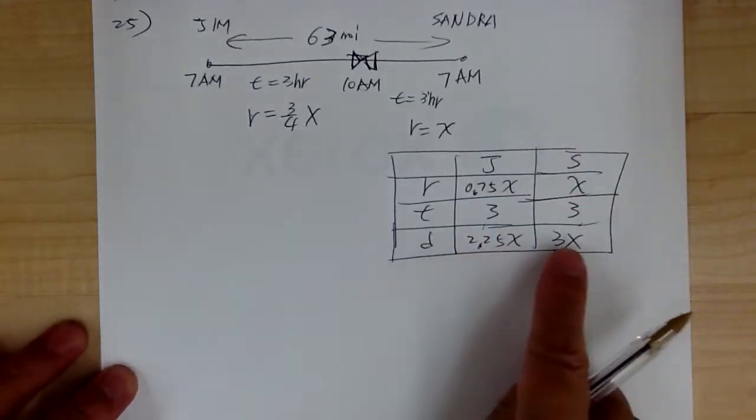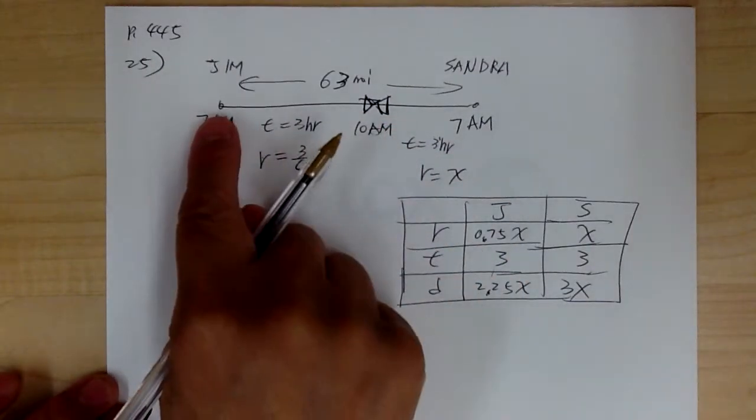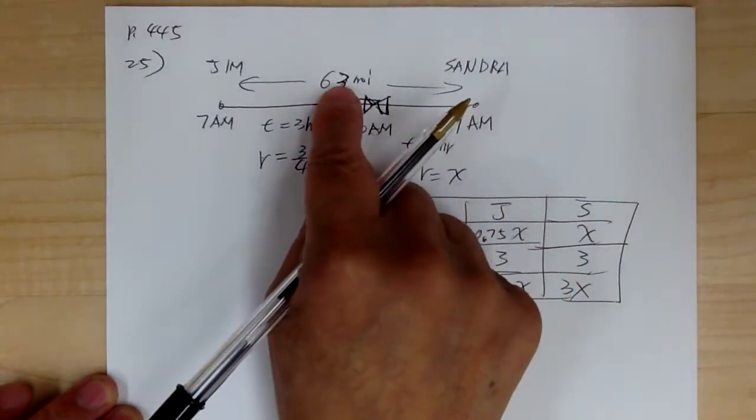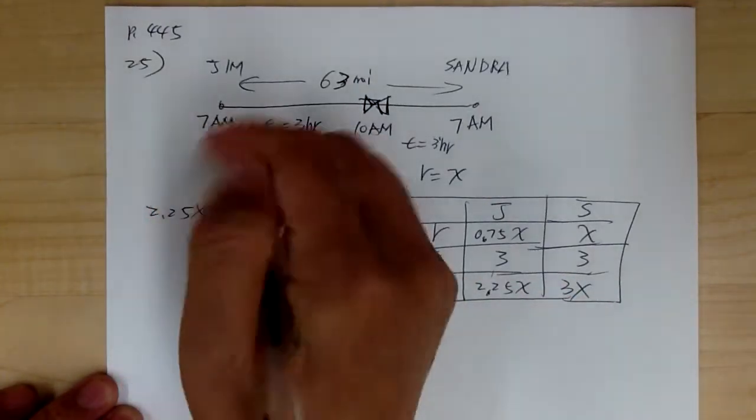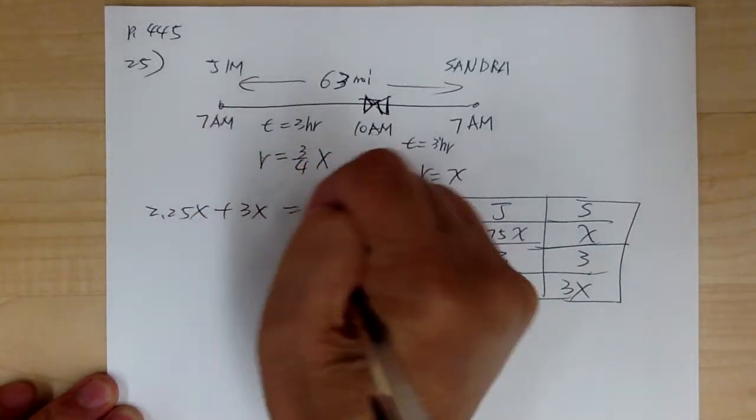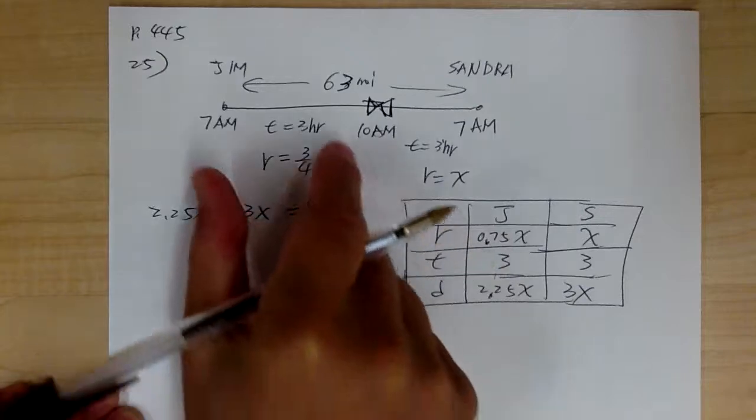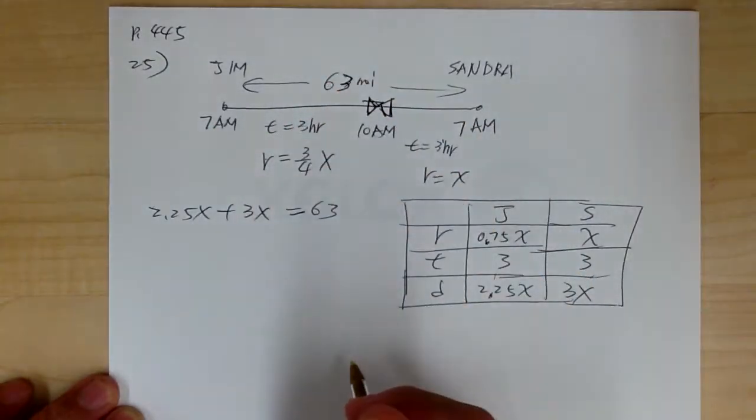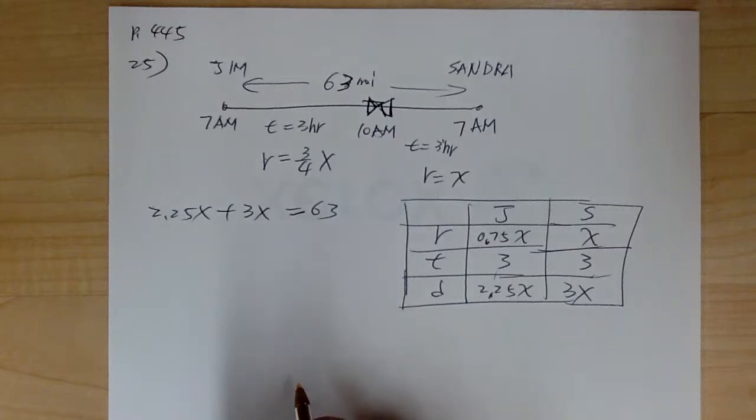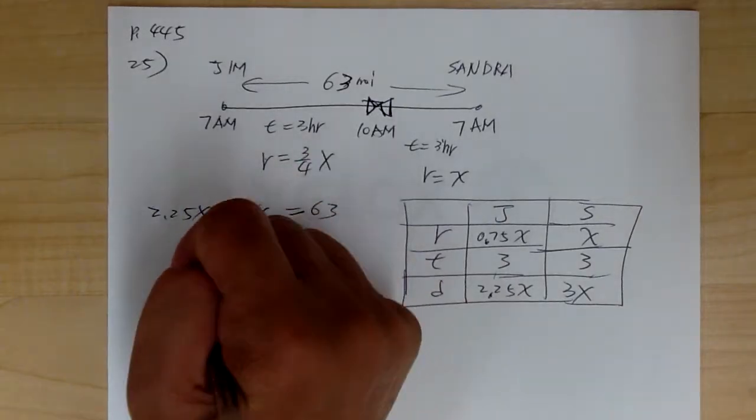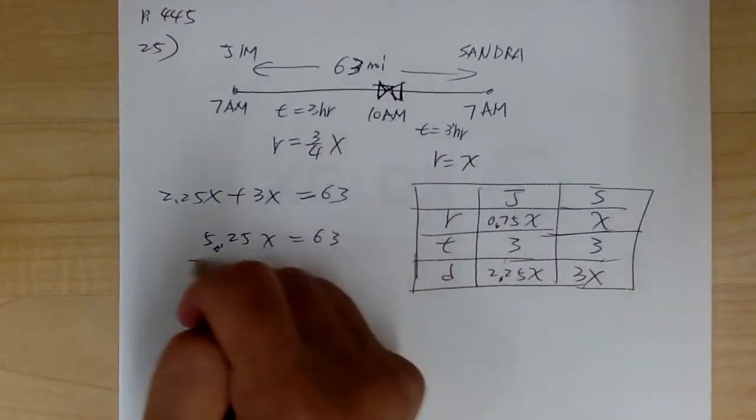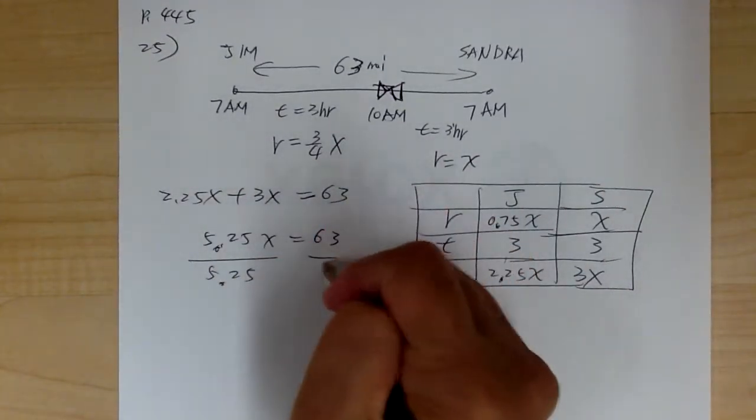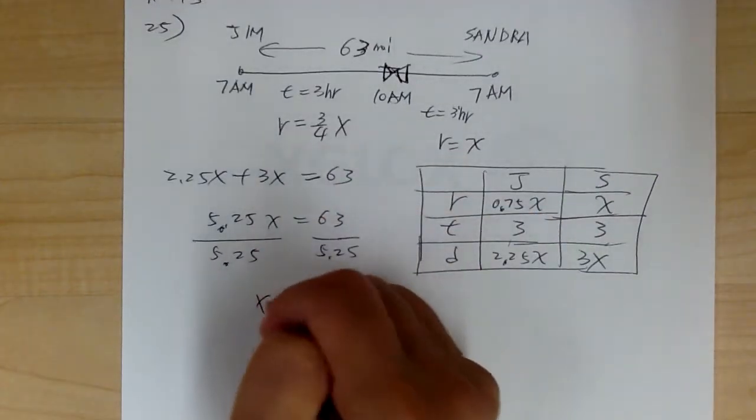Okay, so now you have to figure what's the relationship between the two. Well, if you look over here, the distance for Jim and distance for Sandra equal to total 63. So this total has to equal to 63. So Jim plus Sandra equal to 63. Okay, so again, this is kind of picture that you have to add equal to the total. Okay, next, let's go and add this together. So you're going to get 5.25x equal to 63, and then you divide by 5.25, so x equal to